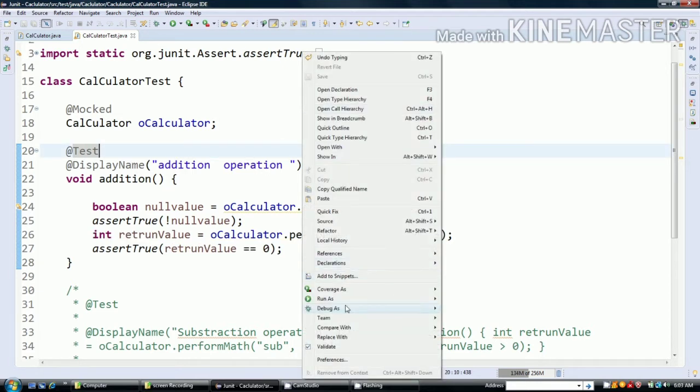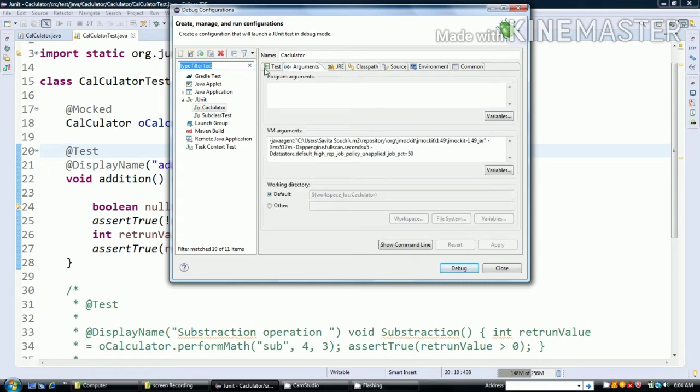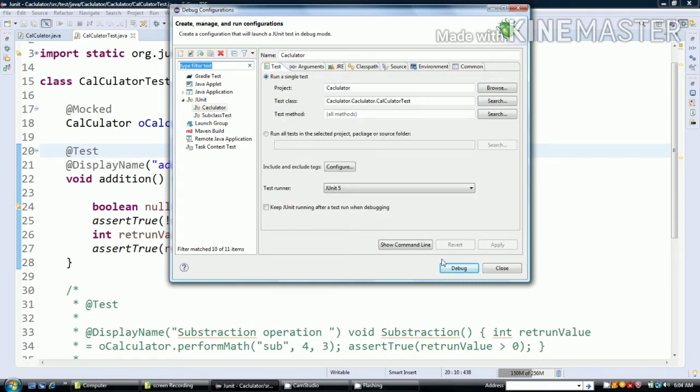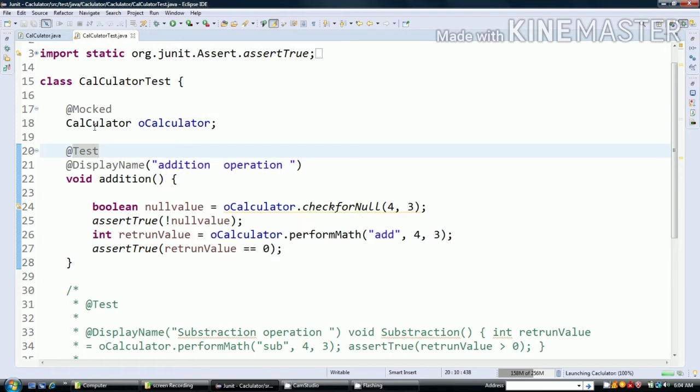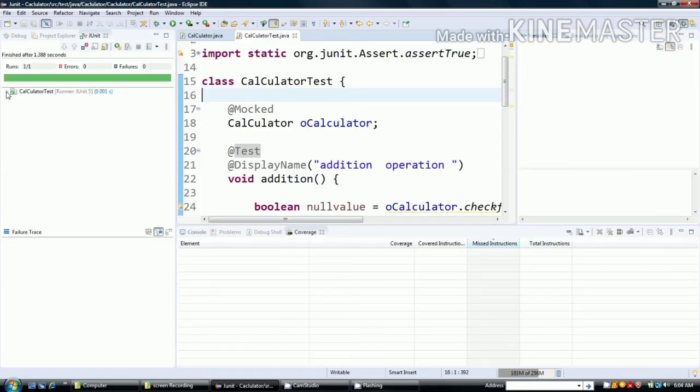Now let us debug this code and see what exactly we get as output. As we know how the mock will work, we are expecting a default value. Let us see the result. I kept it in debug; it will take some more time. You can see the test case is a success. So it gave the default values.